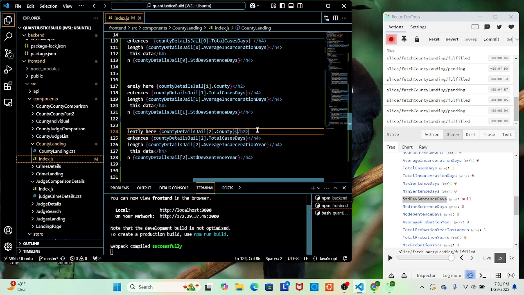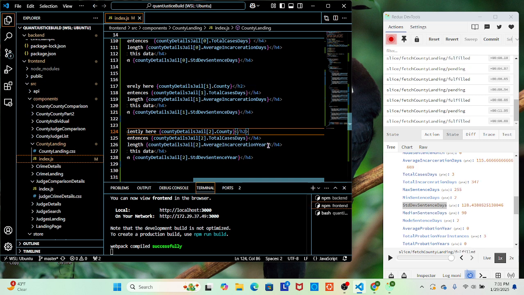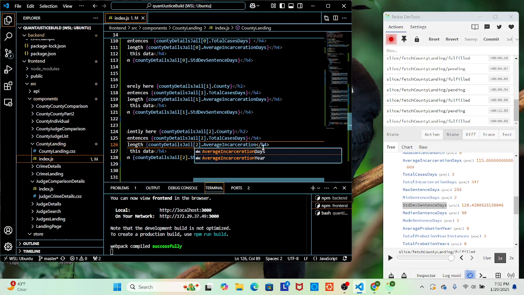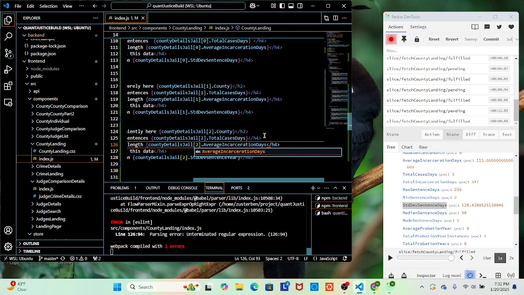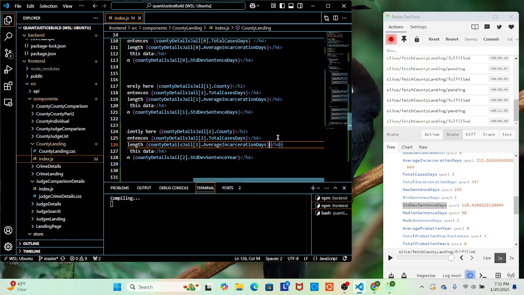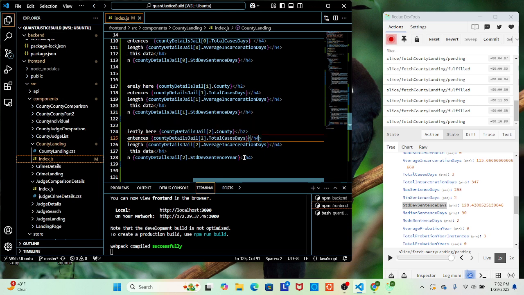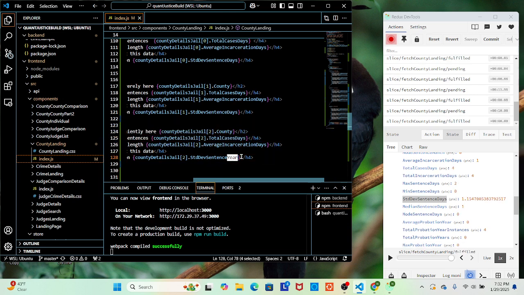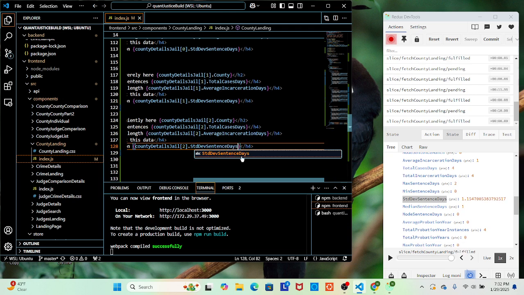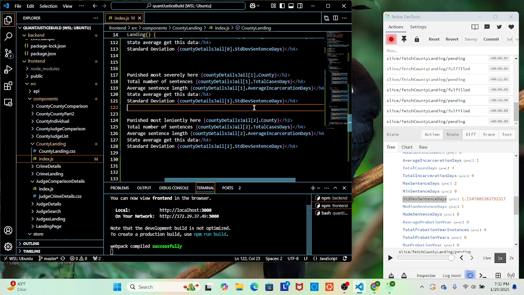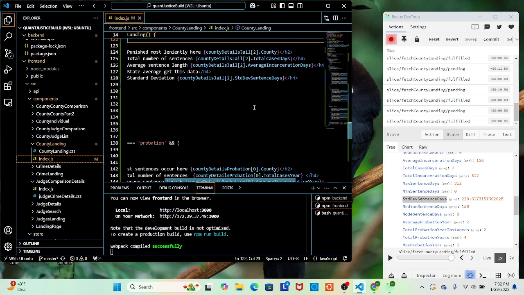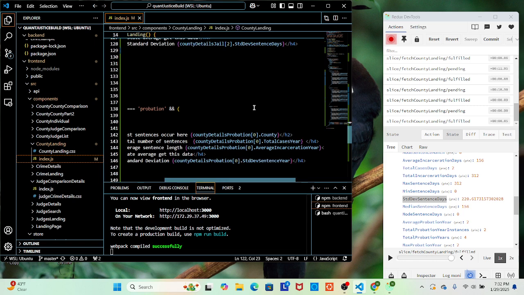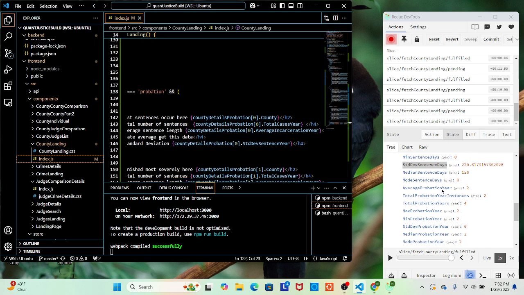Because I think copying and pasting might be better because whenever I accidentally deleted that curly before, and I deleted one again. Sentence days. Good. Now we're moving on to probation. These, I think everything is slightly different.